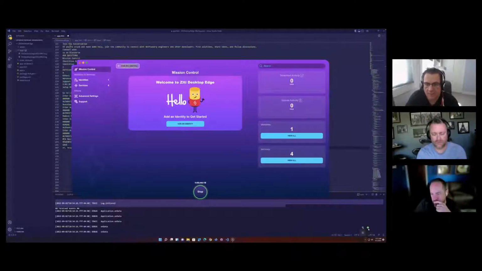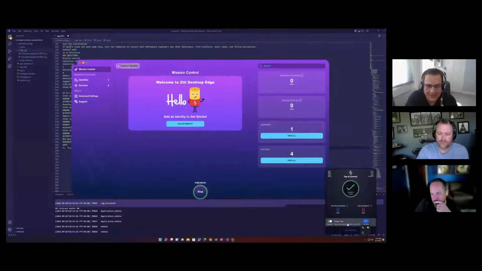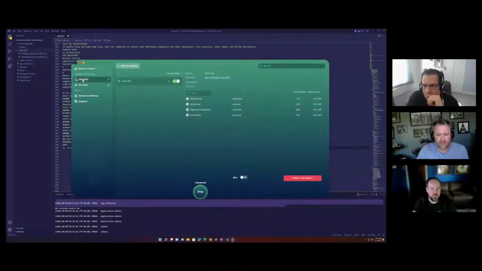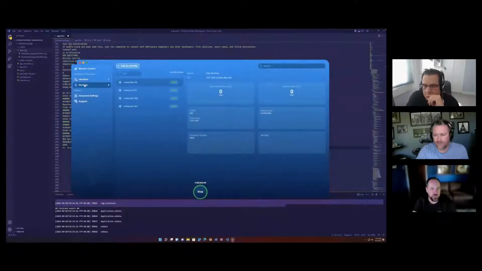Yeah. Okay. Yep. And you can see it down here in the corner. It's actually running. Oh, hey, we get to see the bubble now. That's cool. Yeah, that's what it looks like. Here's my identity, and then there's the four services. Here they are. As I mentioned, this is the Mission Control screen. The cool thing is it's all super responsive. So when you mouse over this left-hand panel, it kind of pops up. And then these actually have color icons that pop up as you mouse over them. But as I click through these, you'll see the color of the whole UI change.